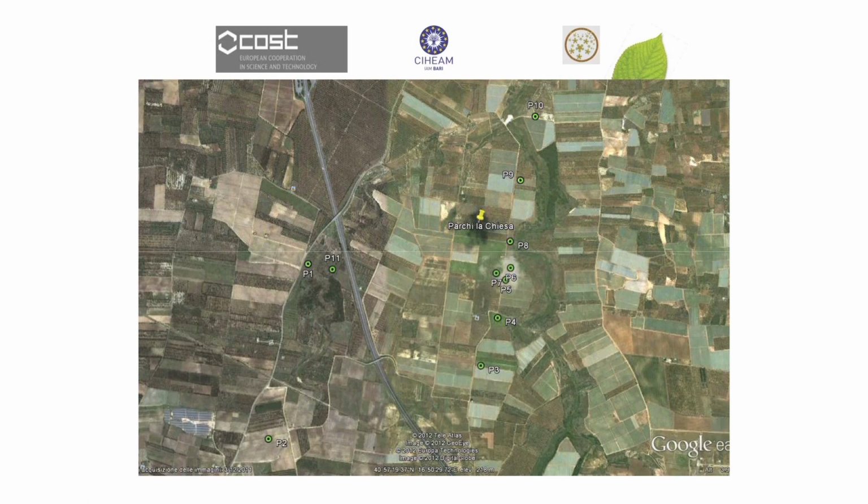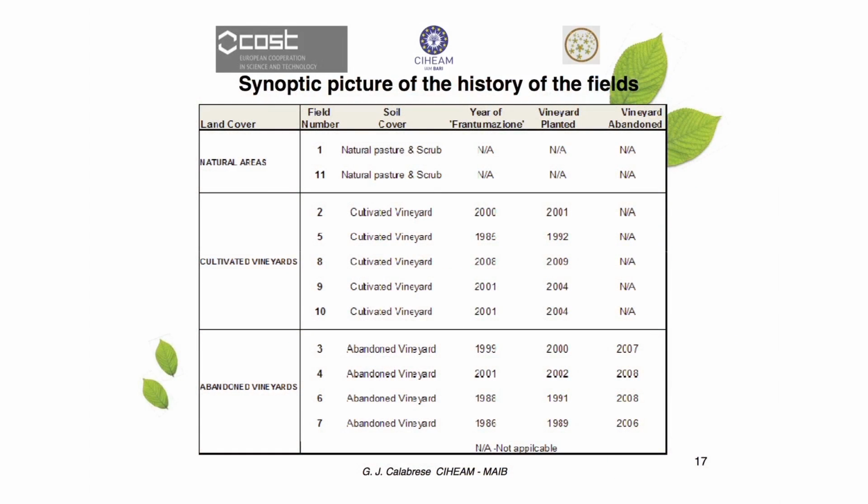Okay. We picked up some fields around the area. We agreed with the farmers to have such kind of assessment, and we picked up fields that had different characteristics. All of them were green, as I said, two natural areas, then cultivated vineyards that were, this is the year of grinding, 2000, 1985, 2008, 2001. And some of these vineyards were